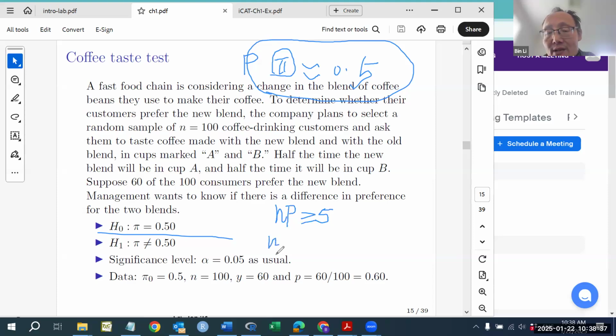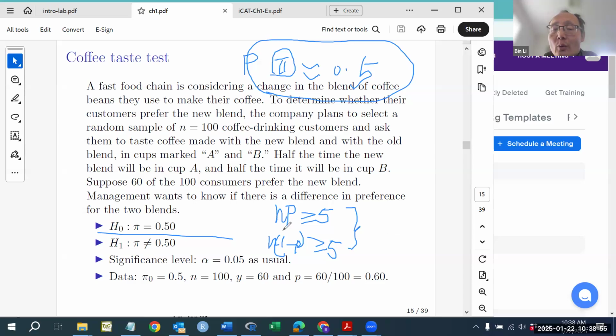And m times 1 minus p should also be greater than or equal to 5. So these are the conditions that we need. Why? Because of the central limit theorem. We need the sample size to be large enough. How large is large? For the binomial case,